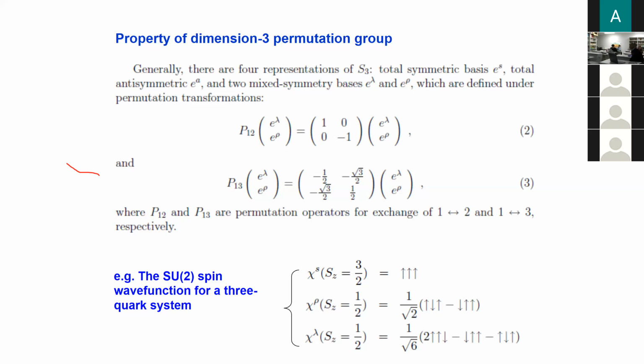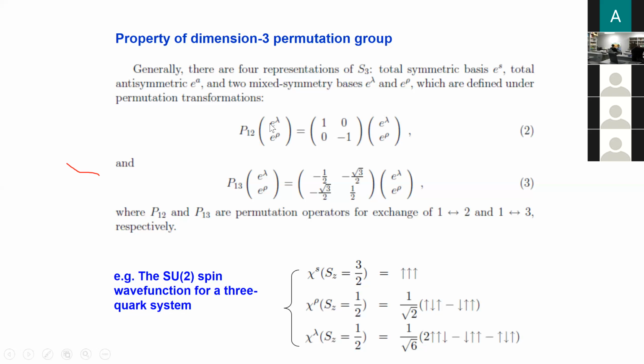As I mentioned, I use superscripts or subscripts to describe the symmetry under interchange of any two of the quarks, or the first two quarks, because this interchange makes the wave function a representation of this permutation group. For example, the P12 means that by interchanging the first two quarks or two particles,